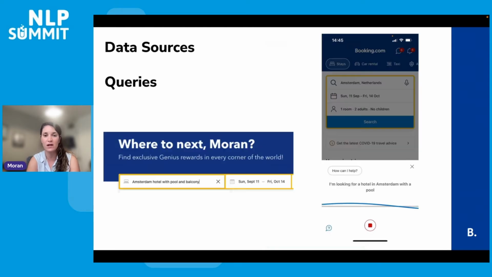A lot of guests can leave questions for the partners to answer, and we want to analyze these questions and answers as well. There are also a lot of open search queries that you can write in the Booking search box when you search for accommodation, and you can also search on mobile using the microphone and record your search, and then we transcribe the recording and get the query text from there. So we want to know the topics that people are looking for from these queries.